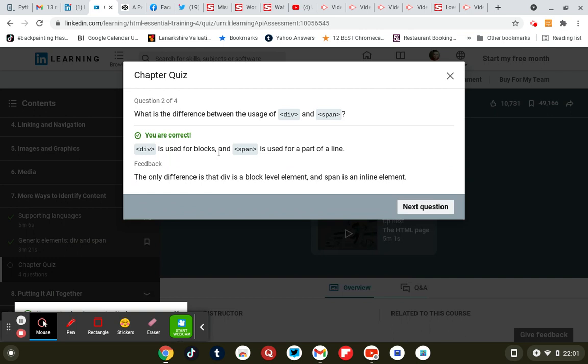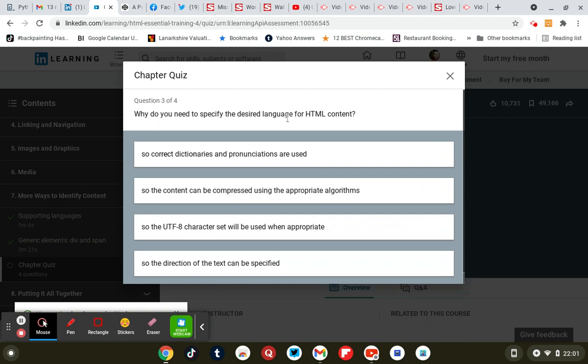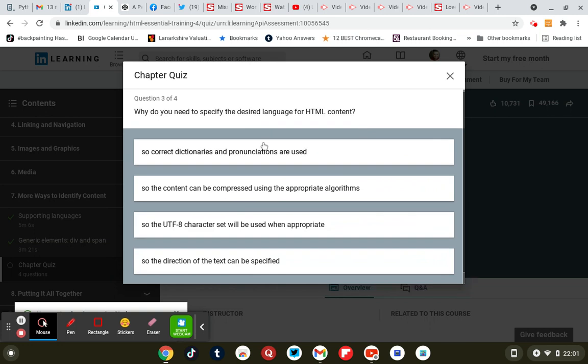Div is used for blocks and span is used for part of a line. Why do you need to specify the desired language for HTML content? So correct text and pronunciation are used so the content can be